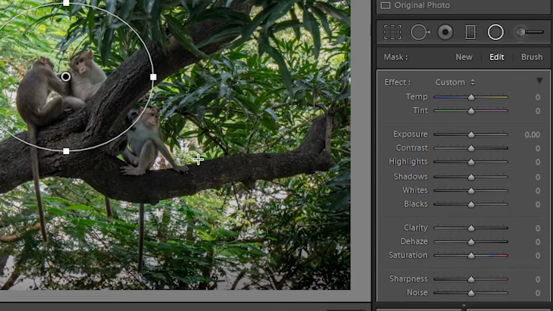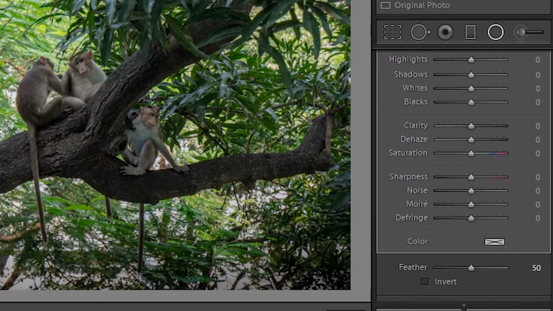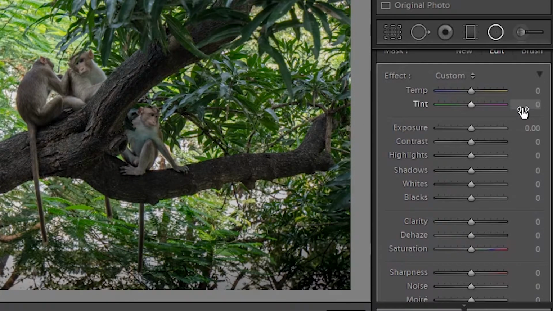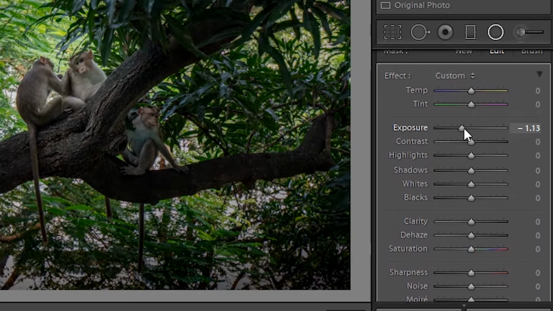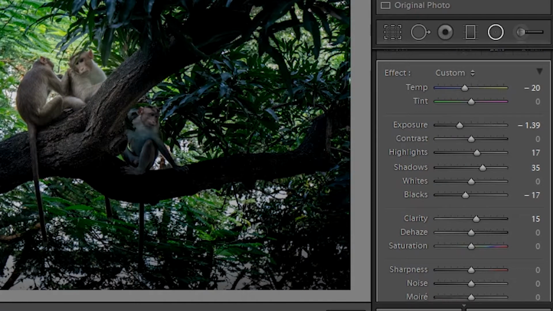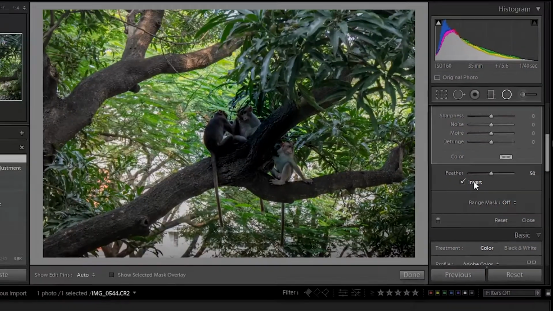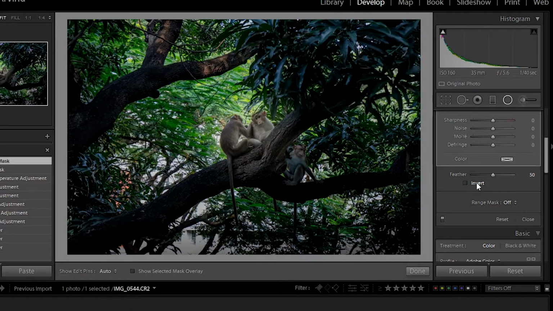You can edit an existing radial filter by clicking any of the grey handles. A panel similar to the basic panel will open where you can choose to reduce the exposure, saturation and sharpness of the portions outside the selected mask. An inverted mask checkbox determines the portions where the adjustments will be applied.